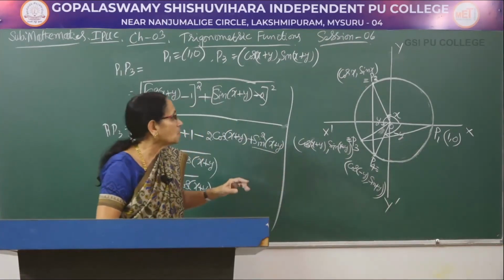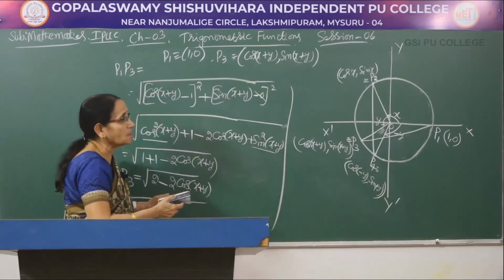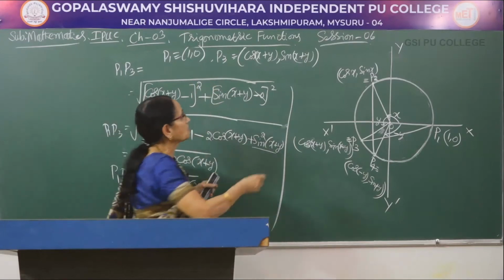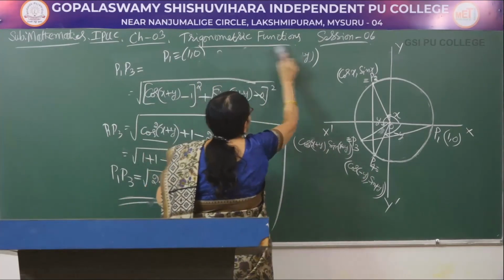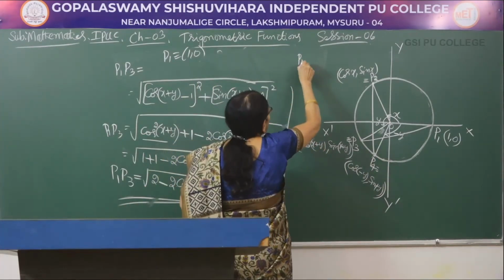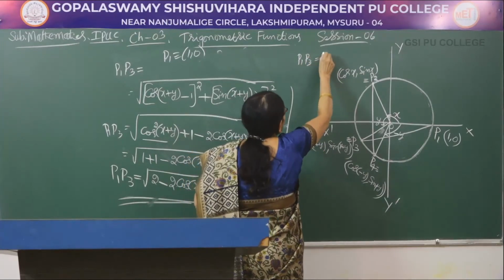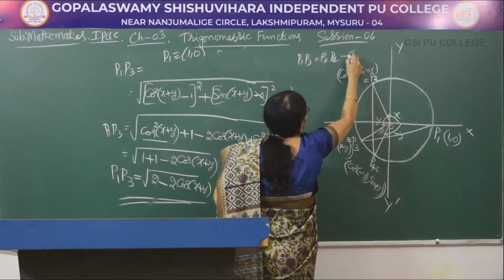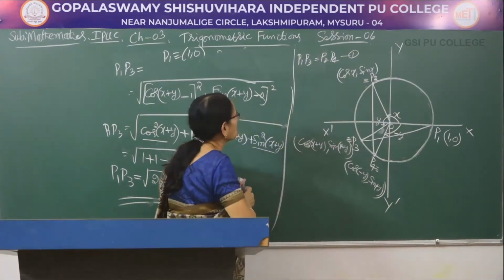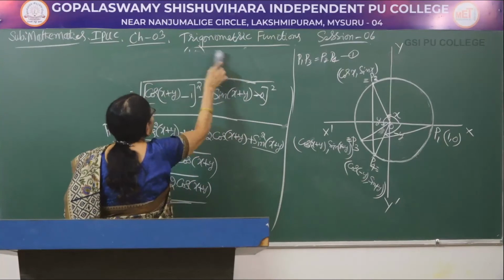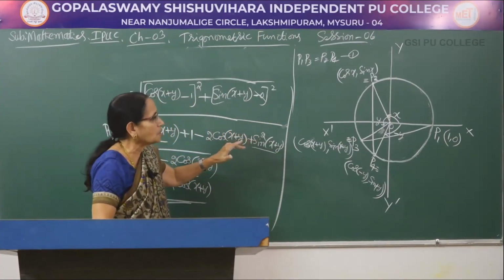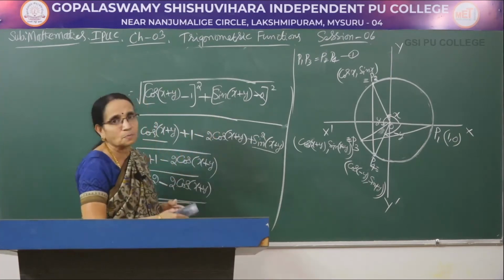Now, we have to calculate the other distance, because I wrote in result 1, what was result 1? Result 1 was P1P3 equal to P2P4, or I had written P2P4, both are correct. You have taken this as result 1. So, at present what I have done is, using the distance formula, I have calculated the distance P1P3.